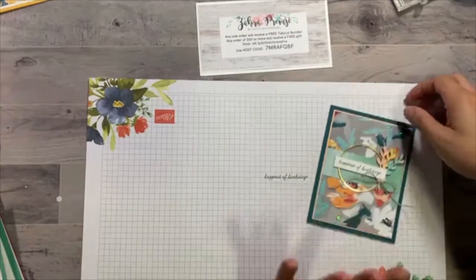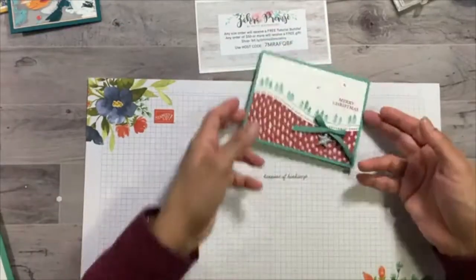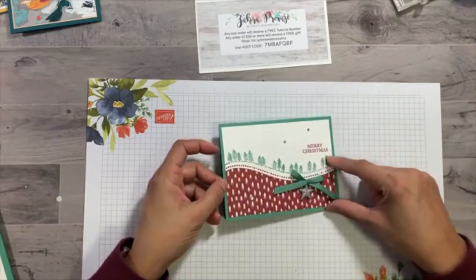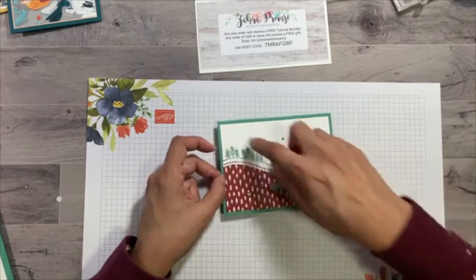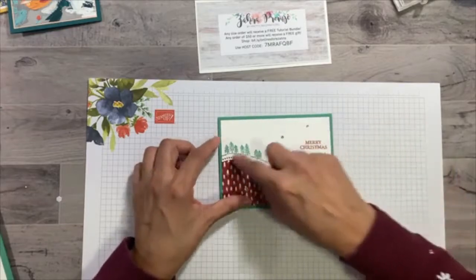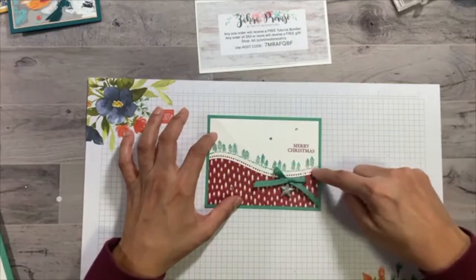So this is actually one of my most favorite cards that I've done in a really long time, and I'm sure the paper has a lot to do with that. Then we've got this one here. So this is using the Curvy Christmas, okay? And I just want to show you how simple this card is. All I did was I took a piece of designer series paper that measured 3 by 5 1/4. And then I took a piece of Whisper White cardstock, and I think that it might have measured 3 1/4 by 5 1/4. And then I ran it through and used the die from the Curvy dies. And then it just cut out this really nice, cute